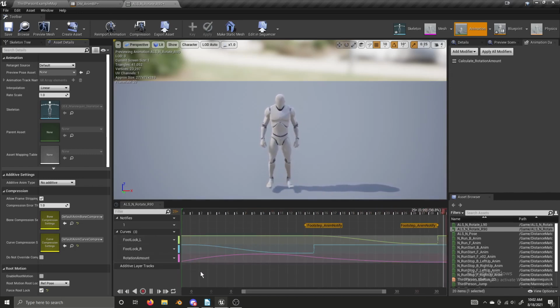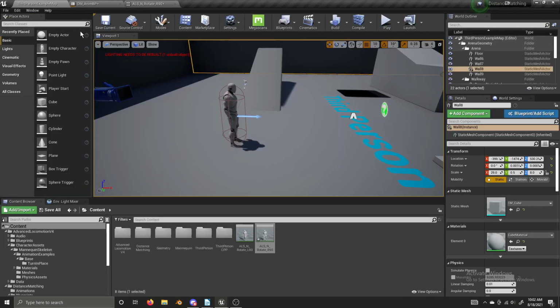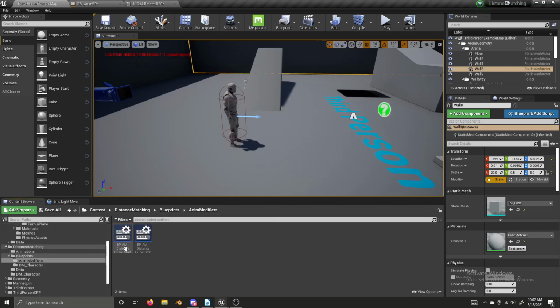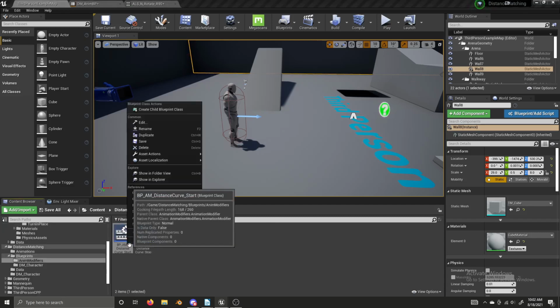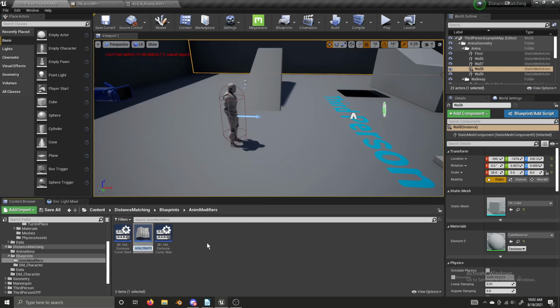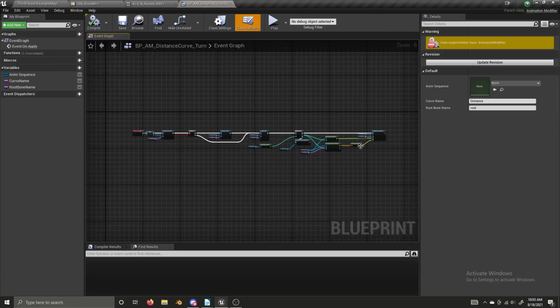But we need a curve value to get first, and to do that, we're going to duplicate a modifier. Let's go into, where is it? Distance matching, blueprints, and the modifiers. I'm just going to right click start, select duplicate, and I will replace start with turn. And now we only have to make a very simple edit to this